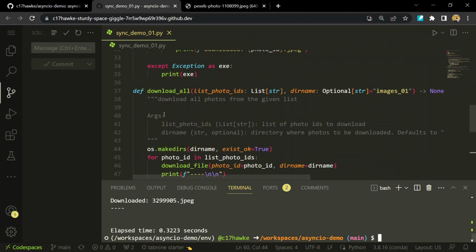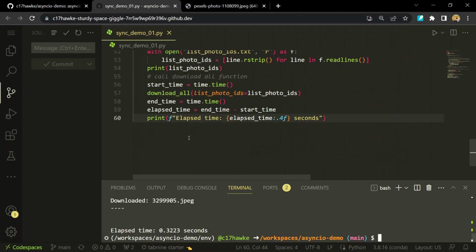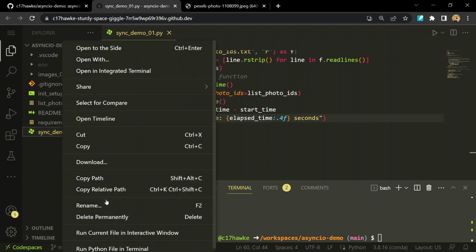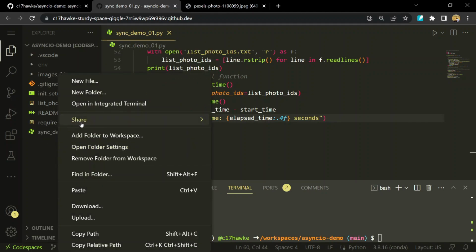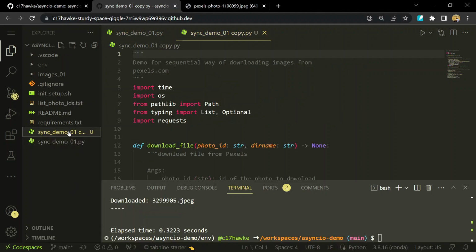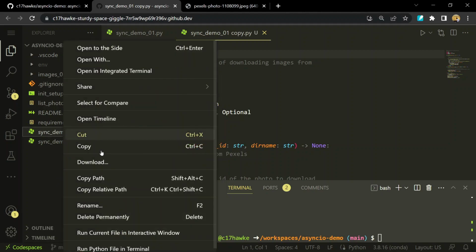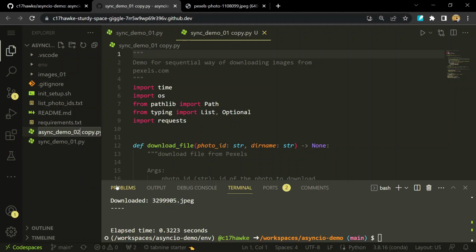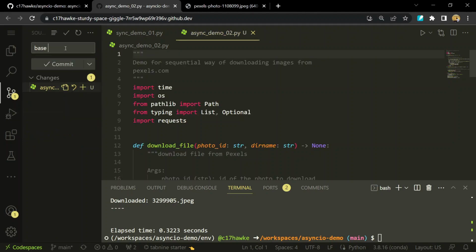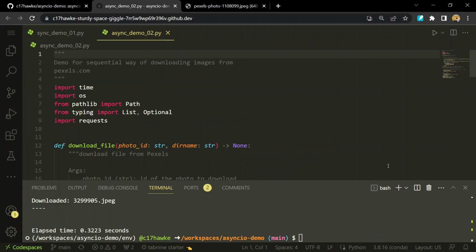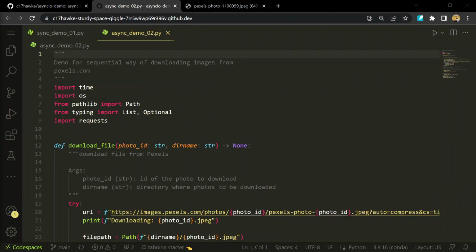Okay, so what we will do is I will simply copy this code and paste it here itself. So it will create a copy of it, and let me rename this. I will call this async demo 02, remove the copy part from the end, and that's it. So let me commit this as a base file. Now to make this work asynchronously, we will use two more